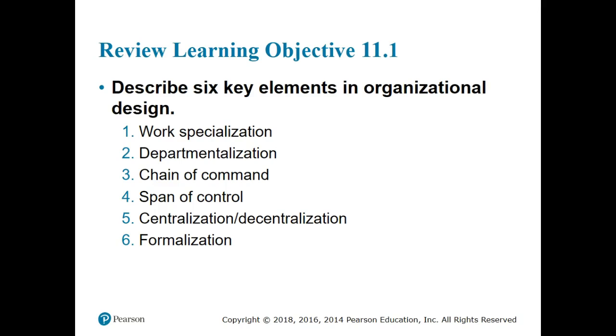Now, the contemporary view is that they are less relevant in today's organizations. The traditional view of span of control was that managers should directly supervise no more than 5 to 6 individuals. Now, the contemporary view is that the span of control depends on the skills and abilities of the manager and the employees and on the